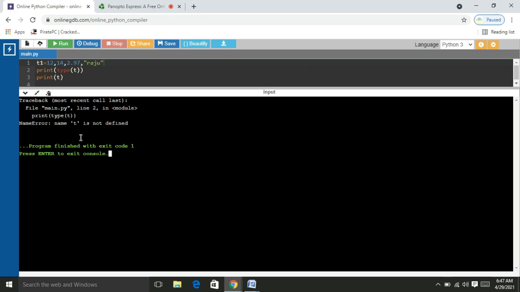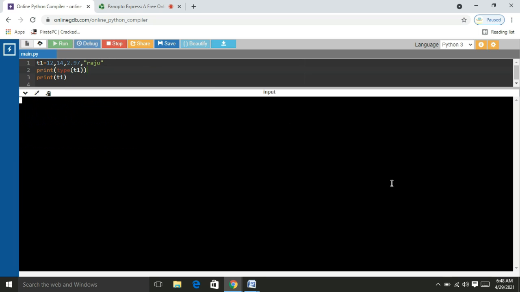On line number 2, sorry, I gave T1 but here I typed T, so that is the problem. I will change this. Please observe that T1 is a tuple and the elements are also printed in the given order. This is another way of creating a tuple.